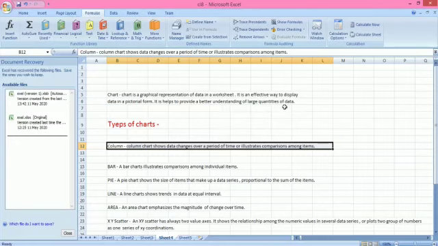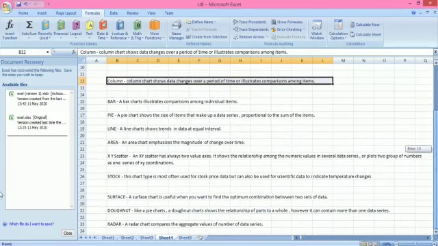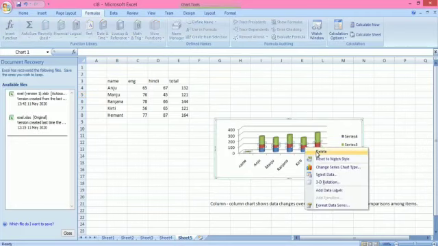You have done this in math subject also, to convert your data into a chart. So same like this in MS Excel we can also convert our data into a chart. Why do we need to convert? It comes in picture form, and it provides a better understanding of large quantities of data. So there are different types of chart: column chart, bar chart, pie chart, line chart, area, and many more. First we will check how to create a chart.